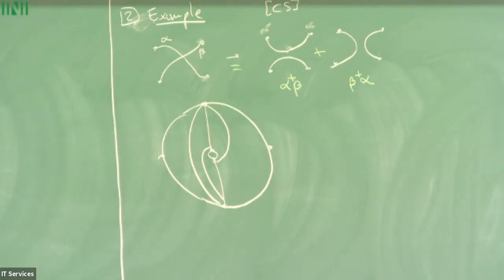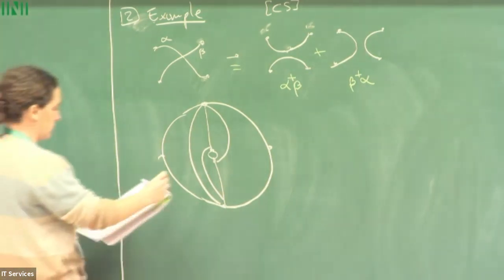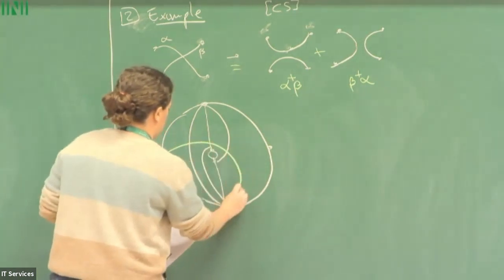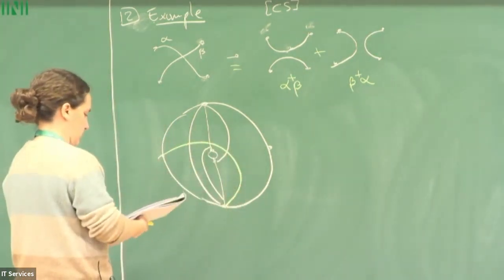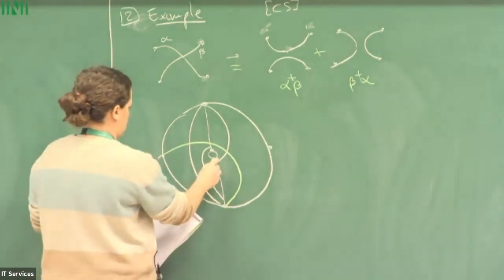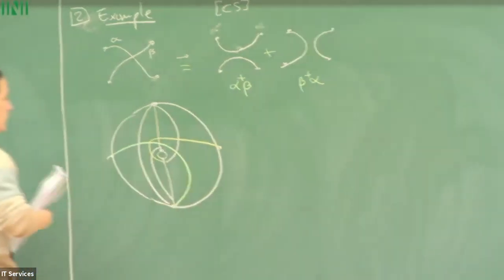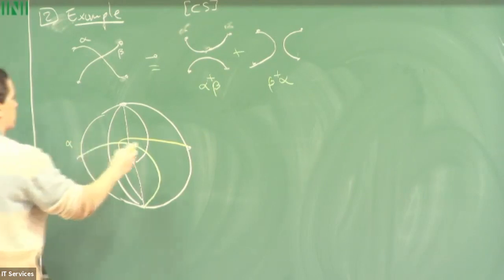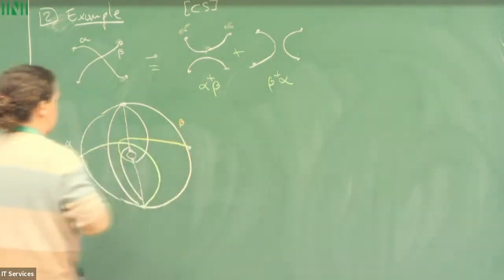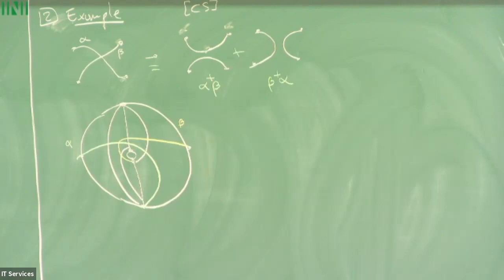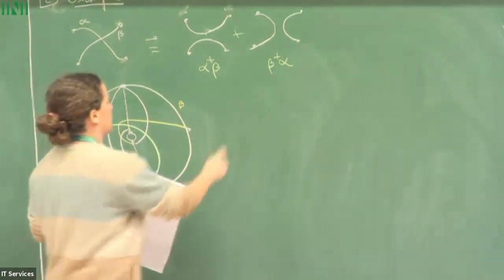But say I have two arcs not in the triangulation, say alpha and beta, and they cross once. So according to the theorem,